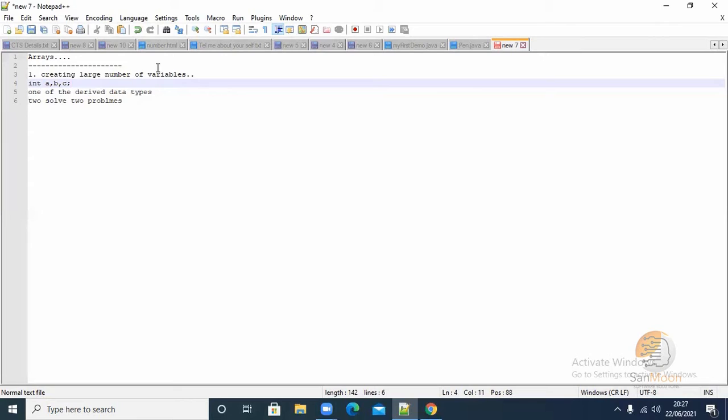Identifying variable names is very difficult. If I declare a1, a2, a3 like that, that's also difficult, because I have to declare one by one. 100 is very large, 1000 is even larger, 10,000 is more difficult. So that is the first problem with the primitive types.